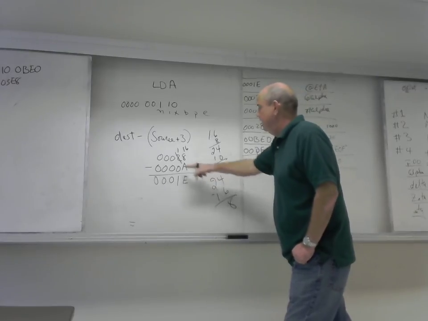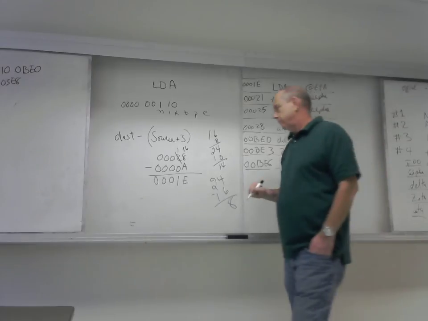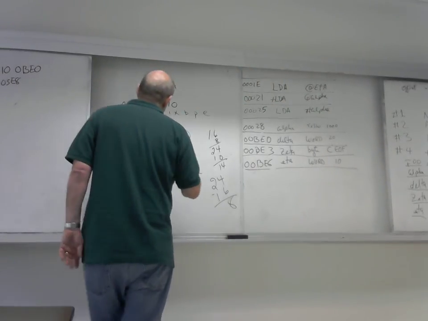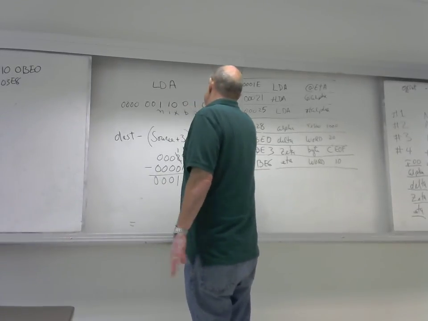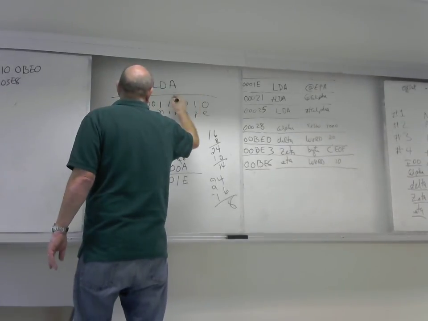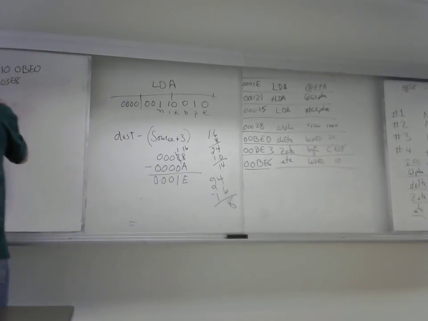Carry the 1. Check your work. Okay. So, we can use PC relative, which means it's not based and it's not extended. So I have 0, 3, 2, 0,